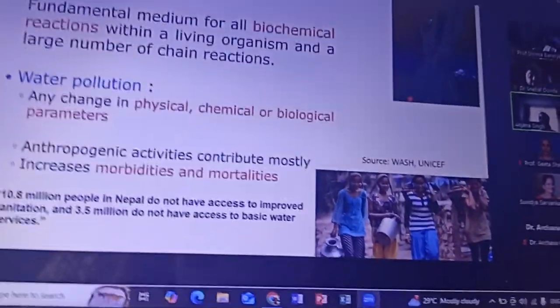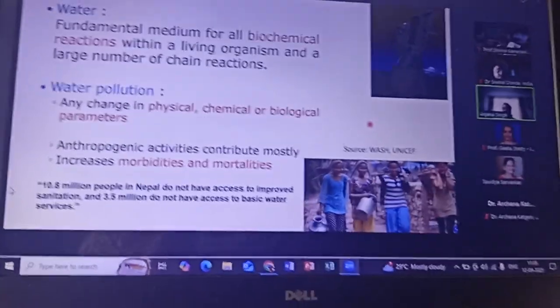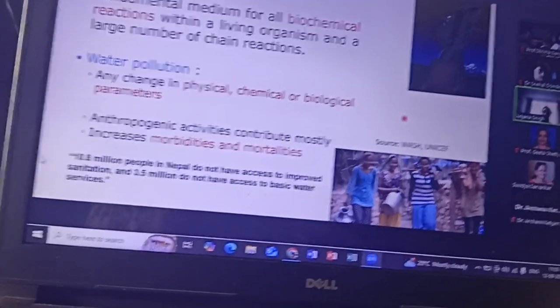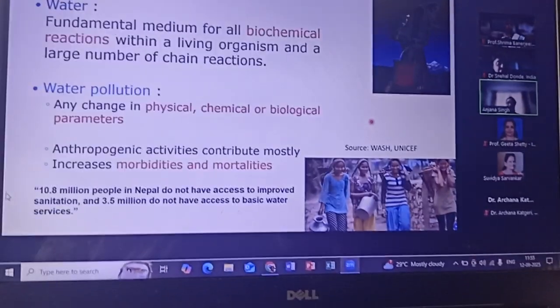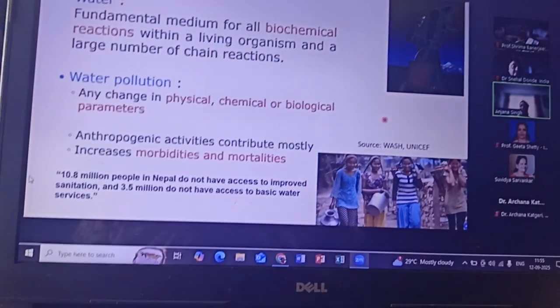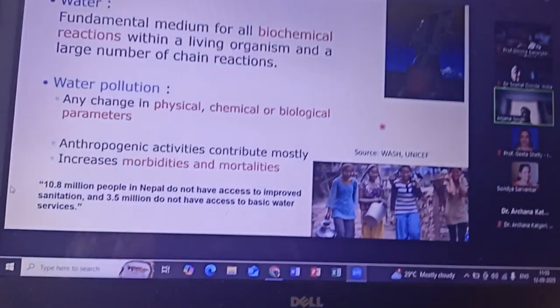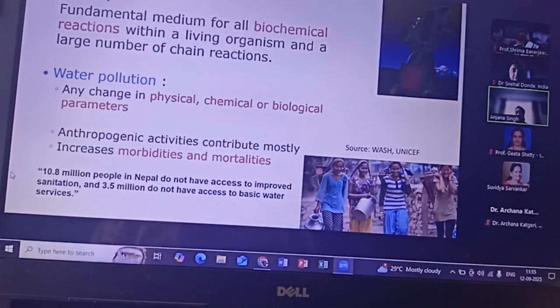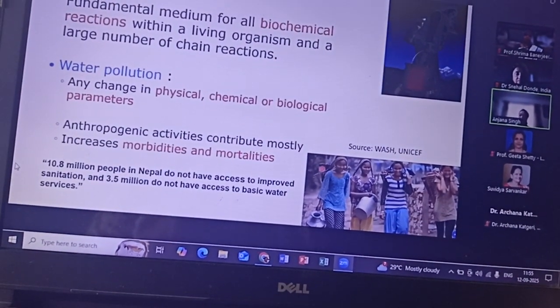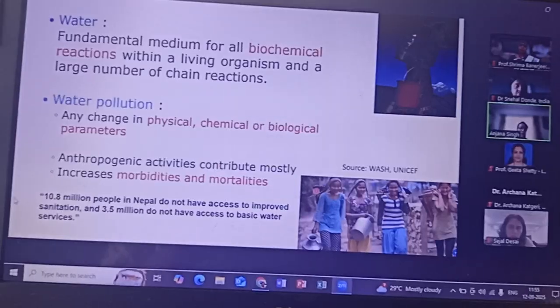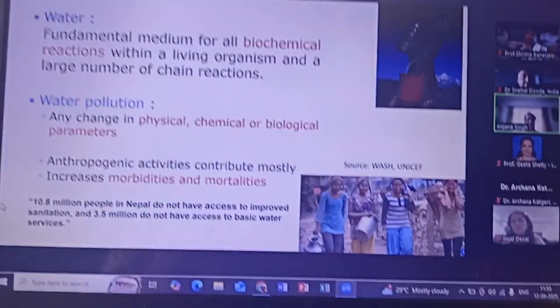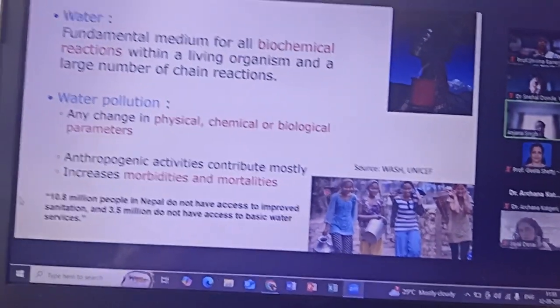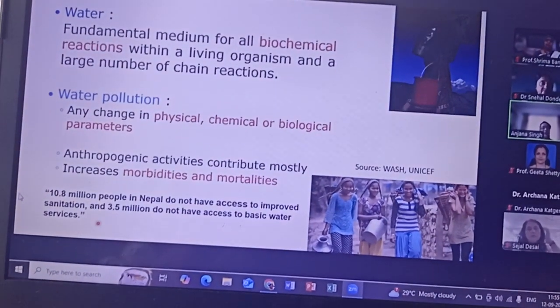In the right corner, there's a woman carrying water. They live high in the mountains in the Himalayas, and from the low base they bring water physically, so it's really difficult. In the lower right, there are also a few young female children. They are going to fetch water for drinking purposes, and the data says that 10.8 million